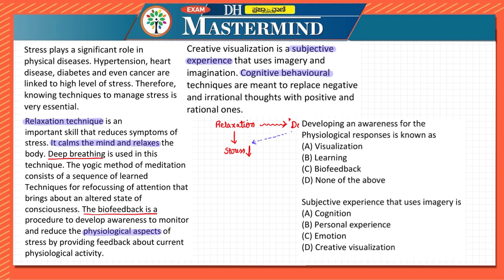What is it asking? First one is: developing an awareness for physiological responses is known as. So if you are reading in the paragraph also, where did we read about physiological responses? Here we read about the physiological aspect. Okay, physiological responses or physiological aspect. It is mentioning development of the awareness. Here also it is mentioning development of the awareness. Okay, so all the words are also there. See, we are concentrating on the words also over here. So develop aware physiological